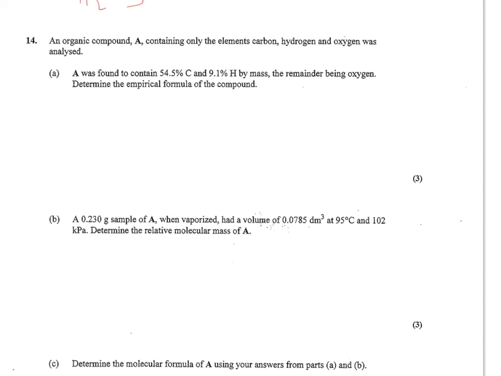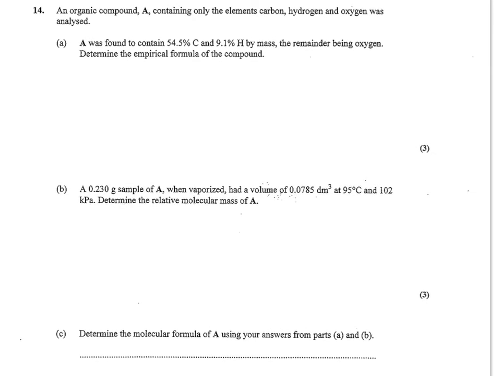Number 14 then, an organic compound A containing only carbon, hydrogen, and oxygen was analyzed. It has 54.5%, or 54.5 grams of carbon, 9.1 grams of hydrogen, and the remainder is oxygen. So if I add these up, I get 63.6, and subtract it from 100, that means my oxygen should be 36.4%, or 36.4 grams. So to determine the empirical formula, I divide each by its molar mass,